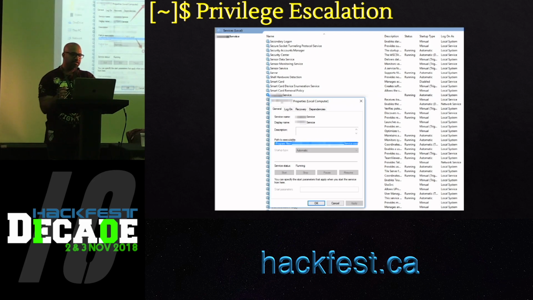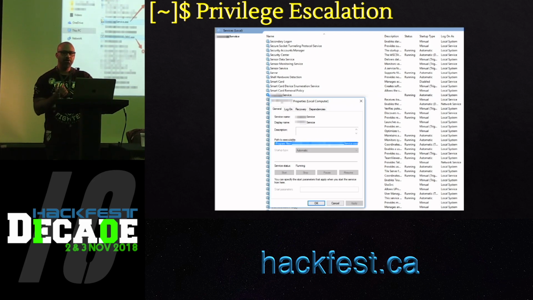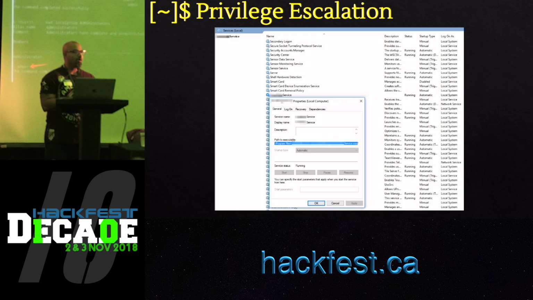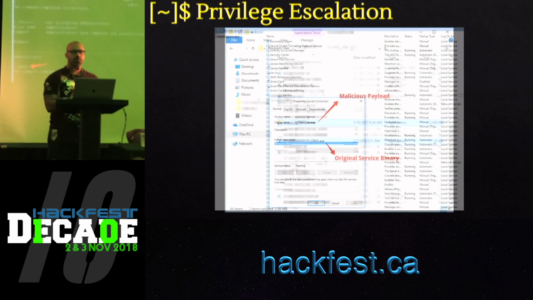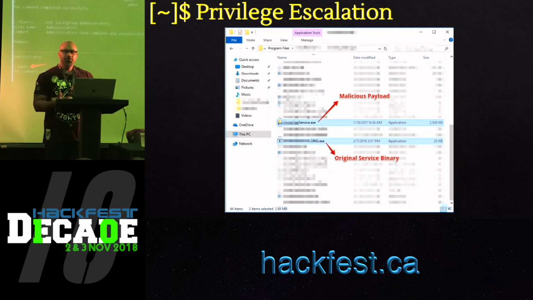So again, typical pen tester stuff, we created a malicious payload that would just create a local admin when executed, and we replaced the actual binary for that particular service with it. Since we couldn't start or stop the service, we just rebooted the pen, and when it came back up, it created a local admin account. So at this point, we could do a lot more stuff, in the sense that we could install a lot of tools on this particular pen.